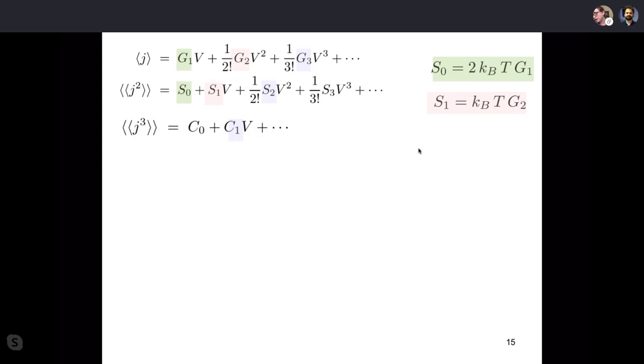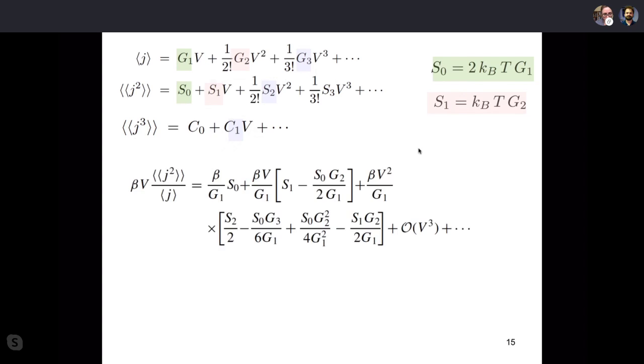So, back to the two. Now that we recall that there are all sorts of relationships between the transport coefficients, remember my specialized ratio, that's the ratio of the noise to the current that I was interested in. Here it is, that's the left-hand side. I want to emphasize that it's more general than just the Fano factor. The fact that you have here beta, the inverse temperature, and V makes this expansion more tricky, or you just have to be more careful. So what we do, we just take the expansion for the fluctuation and the expansion for the current, we put them together